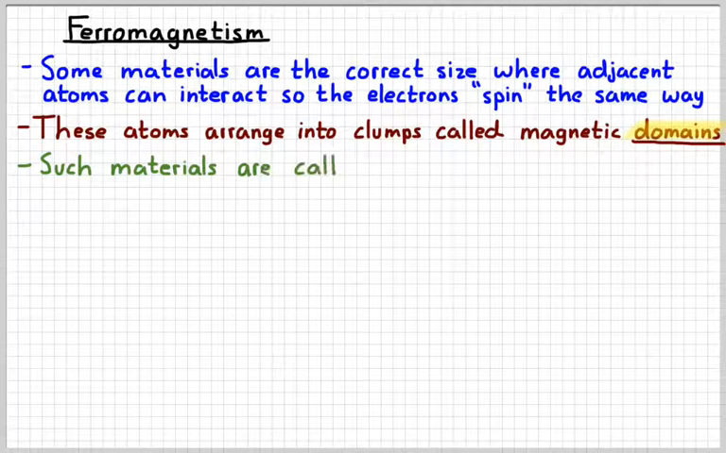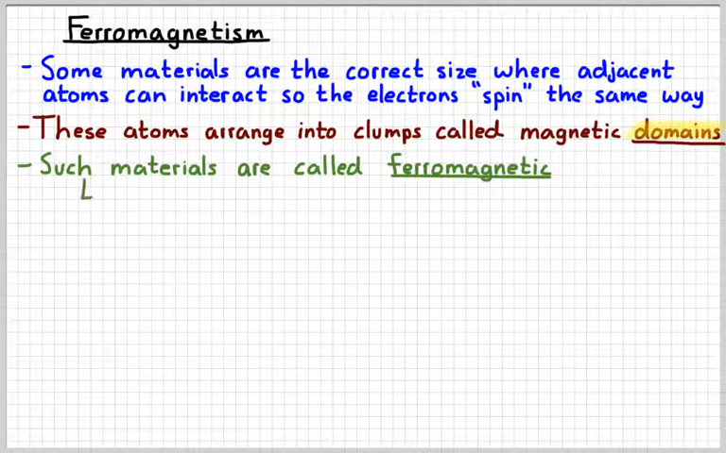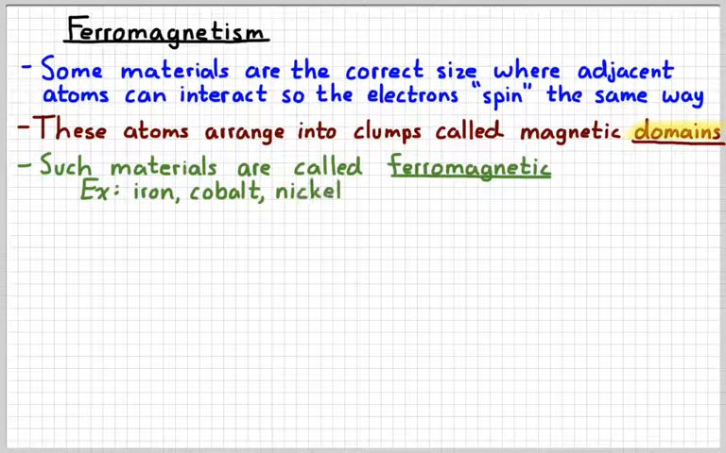So again, materials that do this are called ferromagnetic. And there's 3 elements which are ferromagnetic. Those are iron, cobalt, and nickel. If you were to look on a periodic table, you would see that those 3 are basically right next to each other. And so just due to the size of their atoms and the properties of their electrons, they exhibit